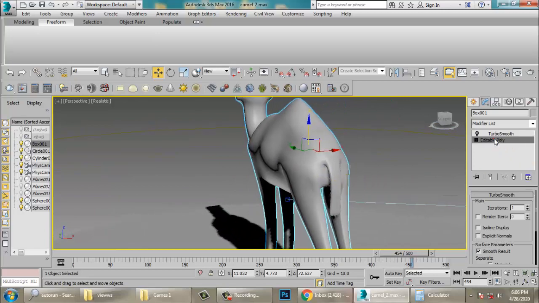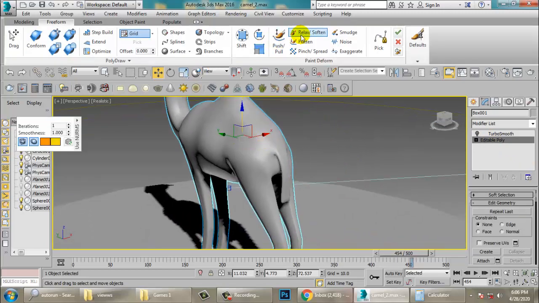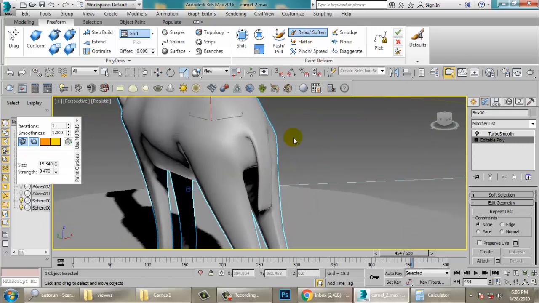So you can just switch back to this and use a bit of relaxing. The tail has become very thin over here, so you can just reduce the size of it.